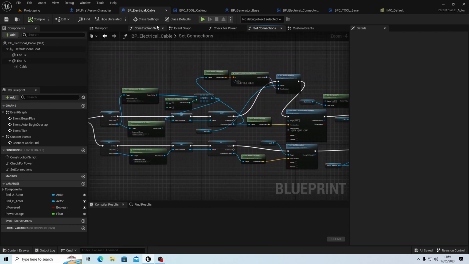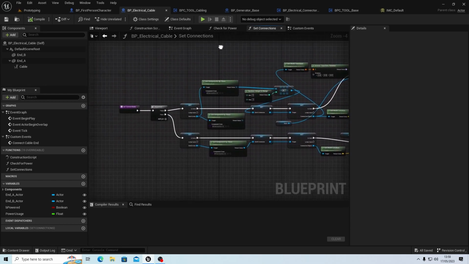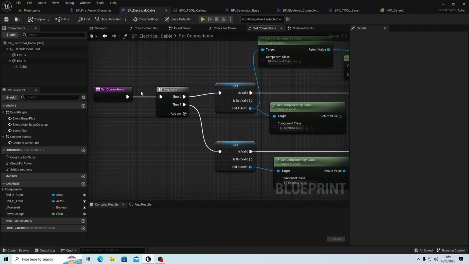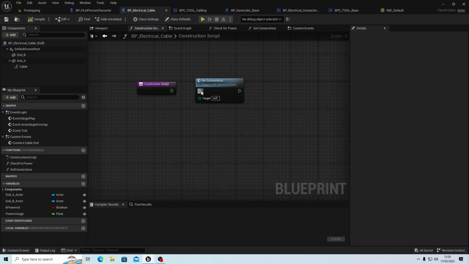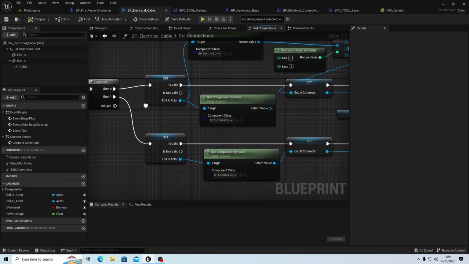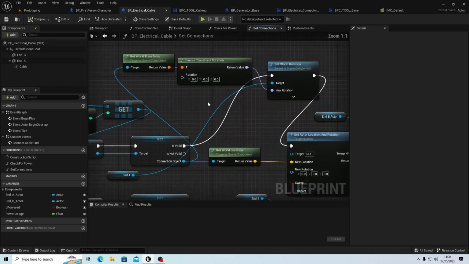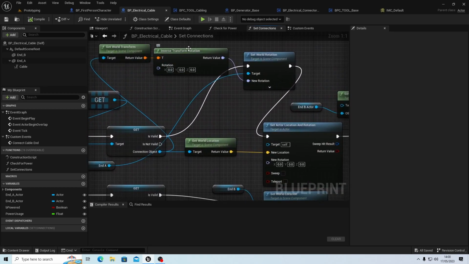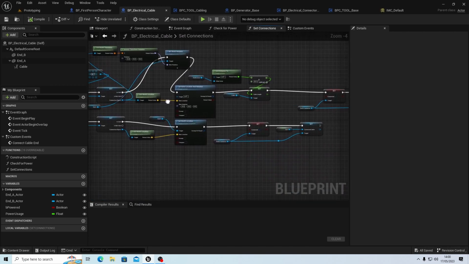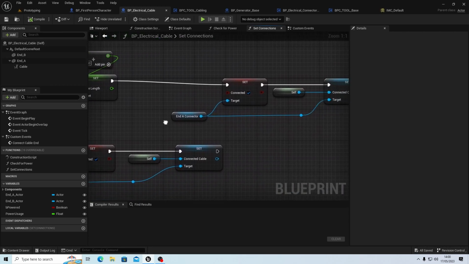Anyway, this is our electrical cable actor. And you remember this? Our alphabetic spaghetti for setting up the connections, and we did that on our construction script. But I've disconnected it at the moment because we're not using that anymore. So, set connections. There were some additions I put in there to improve a test, which was changing the rotation of the head ends so that they match the socket they're going into, and it seemed to work okay. But all this is kind of defunct now